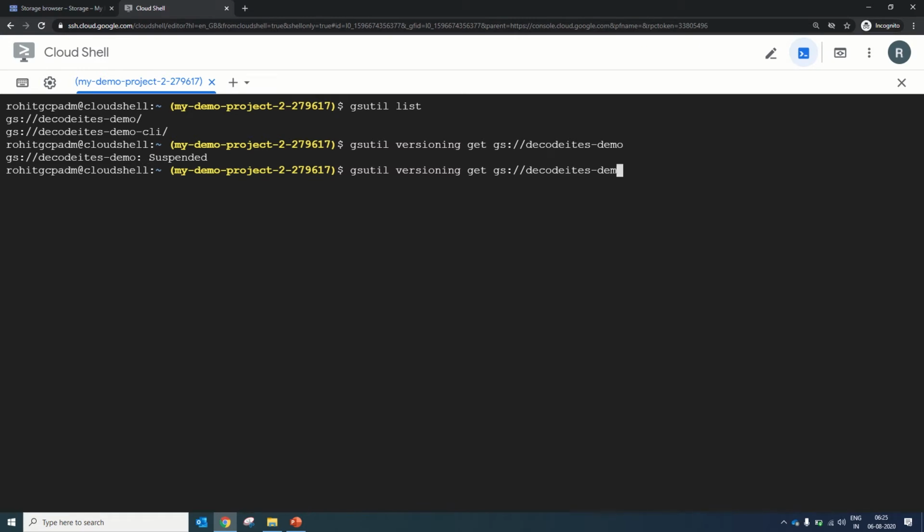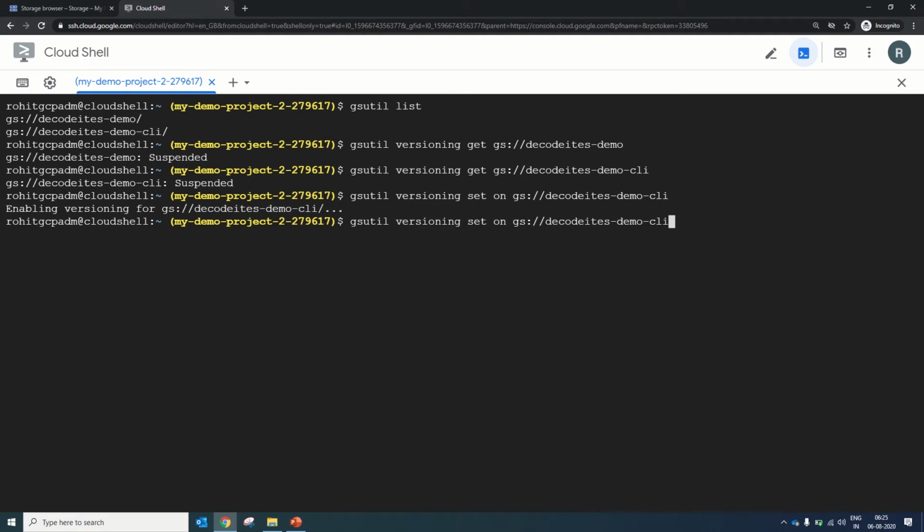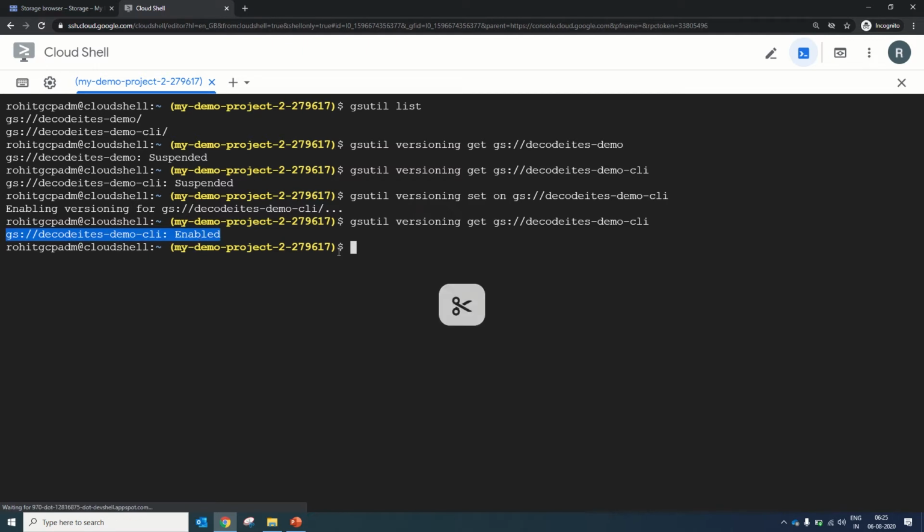Okay, and for the CLI bucket, let's enable it. Set on, enabling versioning on the bucket. Now recheck if it's enabled. You can see object versioning is enabled for the decode-its-demo-cli bucket.